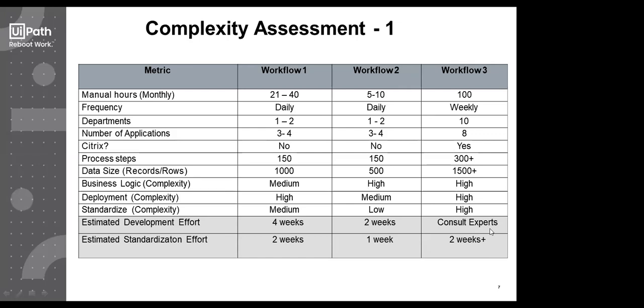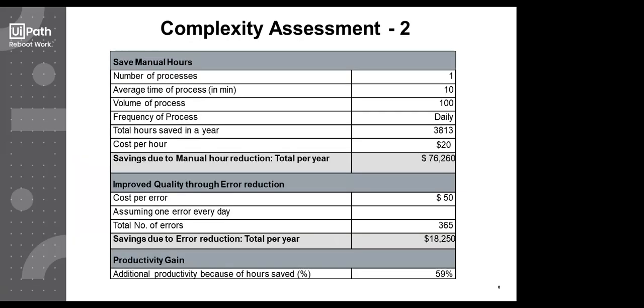Once we have decided on the number of weeks, the timeline or the schedule, that okay, we'll be taking 6 weeks, 7 weeks, or 8 weeks to automate a particular process. Accordingly, then we calculate the cost. So this is just an example of a particular workflow in which we're going to assess at the end and calculate the cost and all.